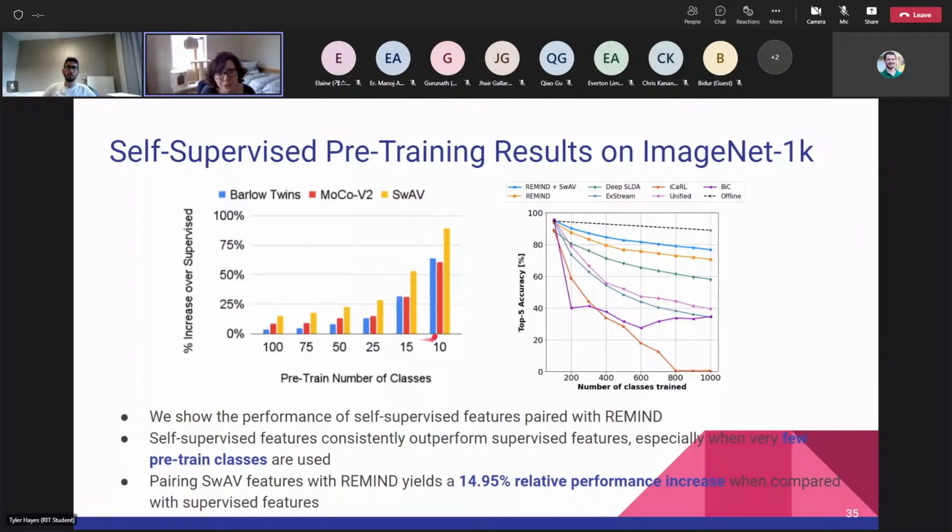But what happens if I only pre-train on 10 classes? You can see that the SwAV pre-trained features actually perform quite well for REMIND. In fact, here are the learning curves on ImageNet, and you can see the old REMIND in orange. If I just swap out the pre-trained features for SwAV instead of using supervised, I get a 14% relative performance improvement at the final time step just by using self-supervised pre-training. So this is kind of interesting, and it begs the question of